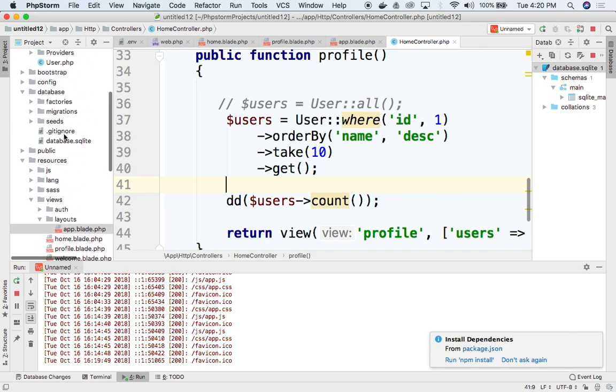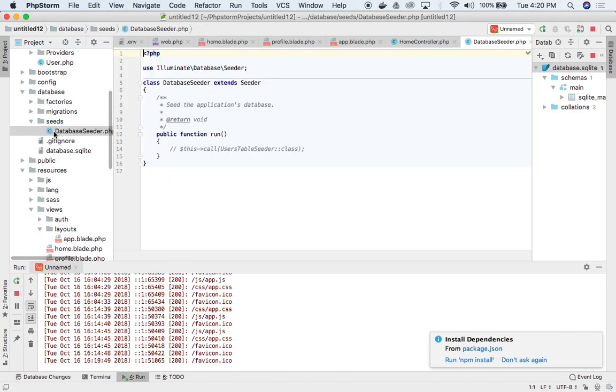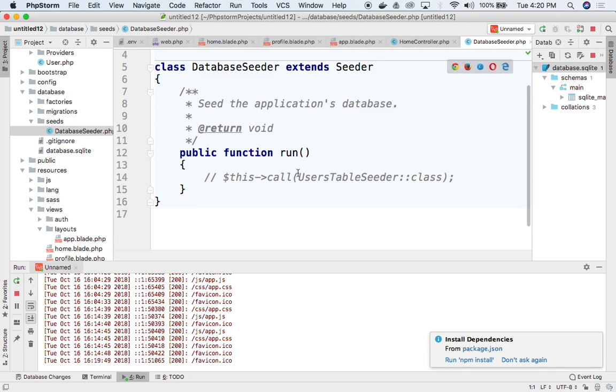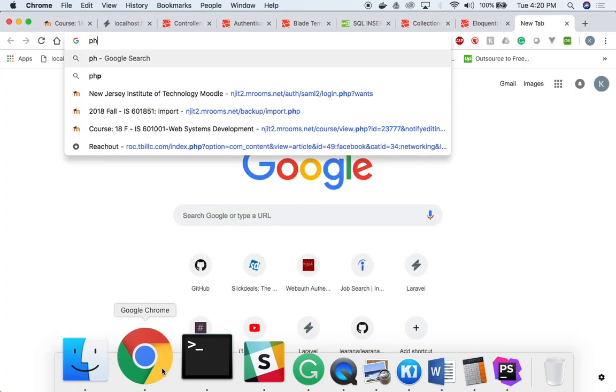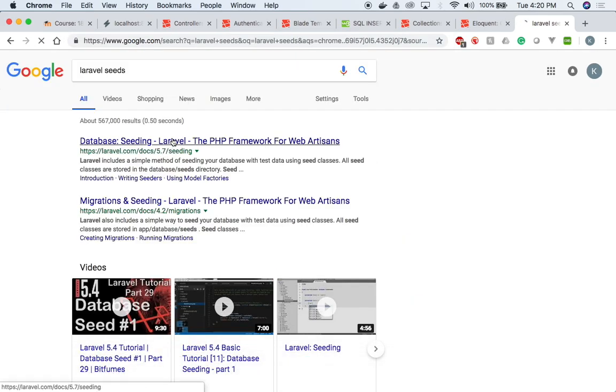So inside the database folder is a thing called seeds. All right, I want you to make sure you see this because you're going to end up doing this. So I'm going to uncomment this line that's already built into there, and then I got to run an artisan command. PHP Laravel seeds. So they have a section on,